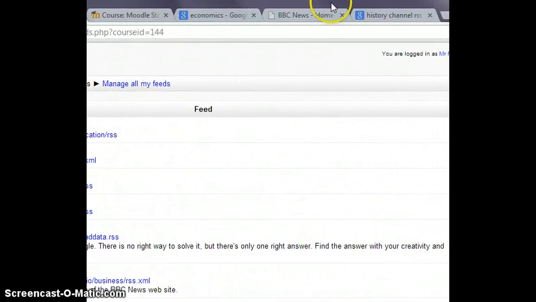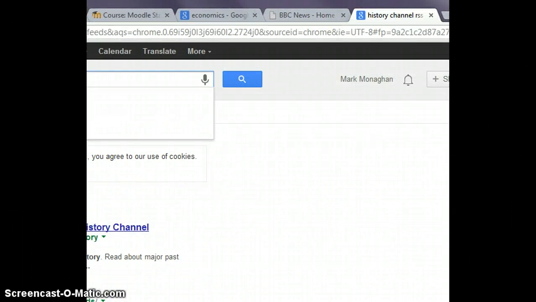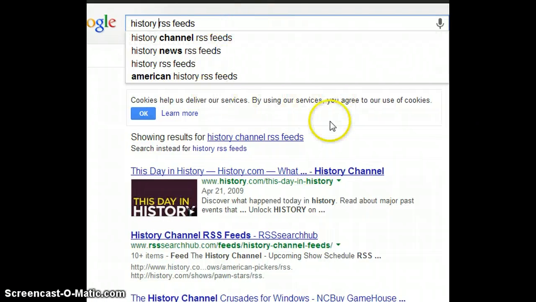So we could simply just do a simple Google search. So here I've searched for history RSS feeds. As we can see, we've got a day in history. So every day that will change automatically and say what happened on that day in history, for example. So there's lots of different ones. Just experiment with Google and see what you find. So I could put